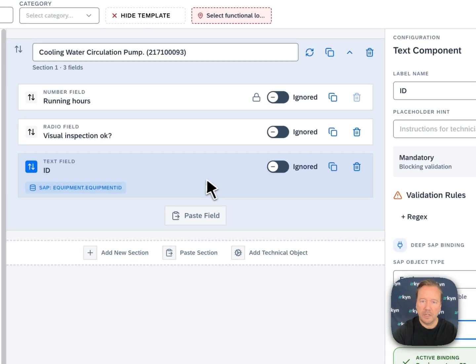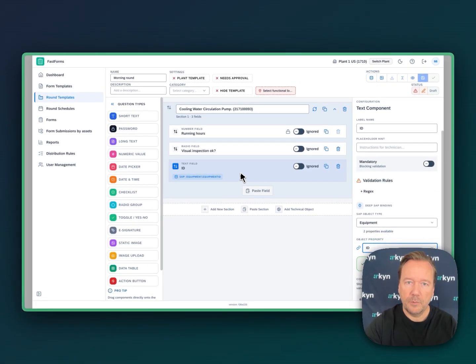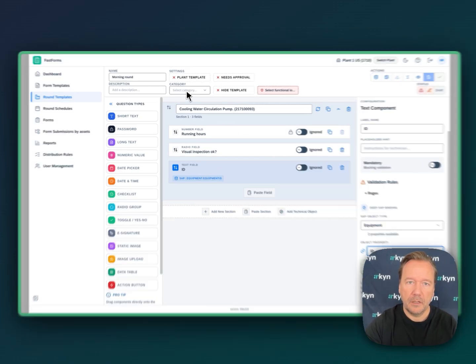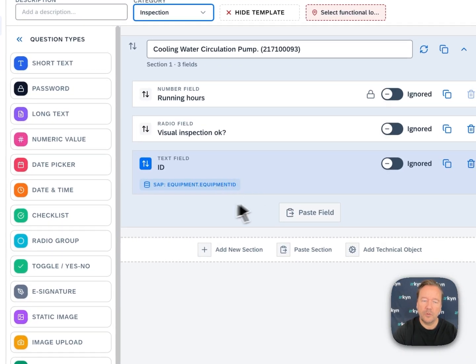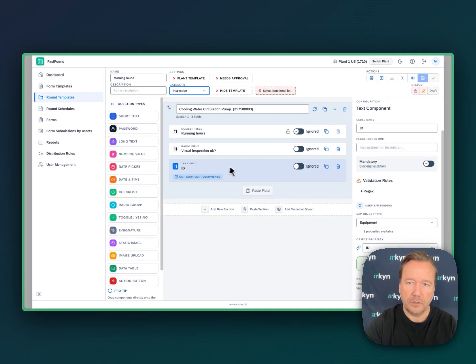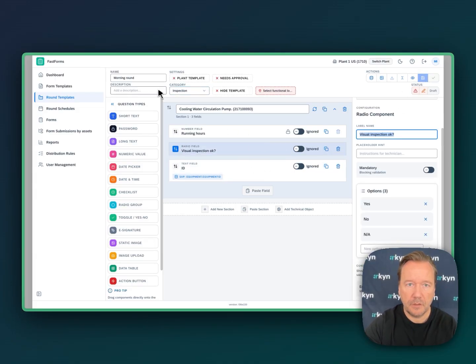And then this field gets pre-filled with the information of the actual equipment ID, so I don't have to put it in there. So again, you can build any kind of inspection round based off your already existing technical structure in SAP. Yeah, that is saved.